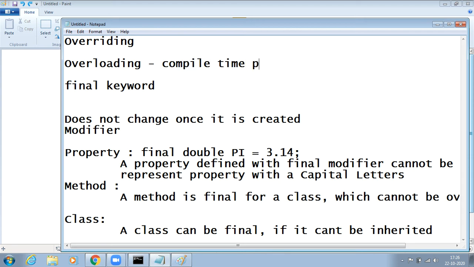We all know that overloading is a method having the same name but different parameters, or a constructor having the same name with different parameters. Those can be justified at compile time only. We have seen that. And overriding explains runtime polymorphism.